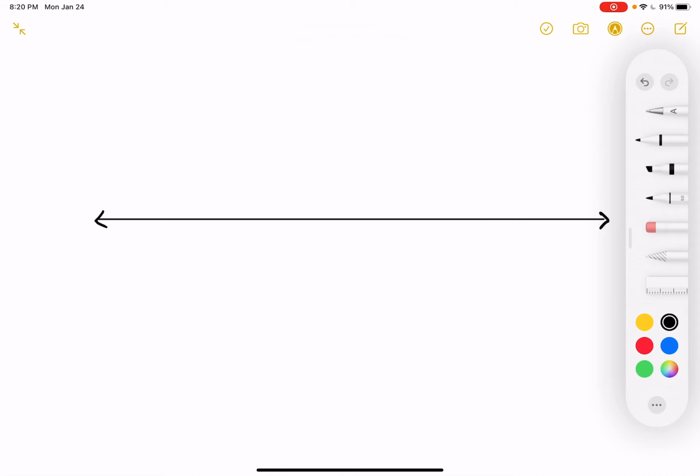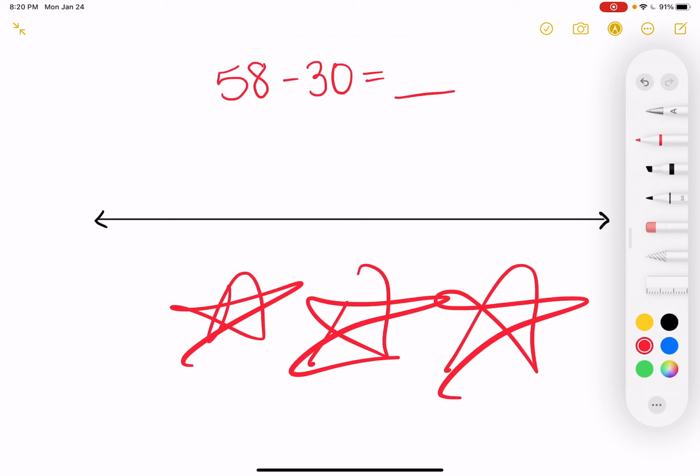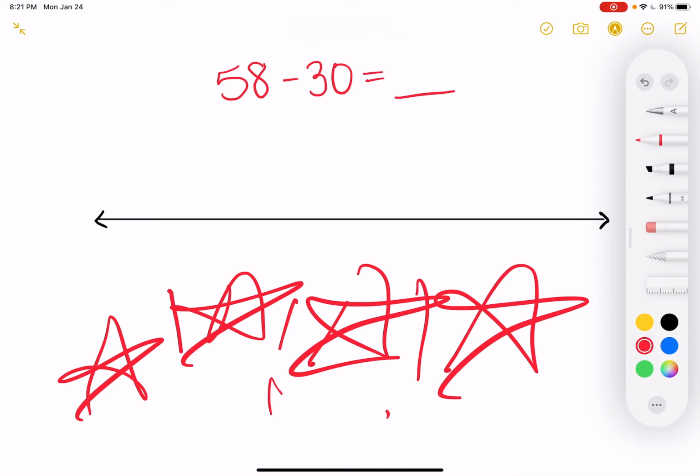So let's say we have the number 58. And I'm going to take away, or subtract, 30. We're going to find out what that equals. Now, the most important thing to know, super most important, like in your brain, you're going to put giant red stars all by this information because it's super duper important with lots of exclamation points. Excitingly, incredibly important